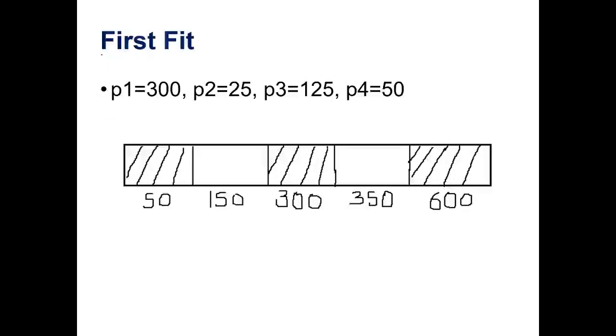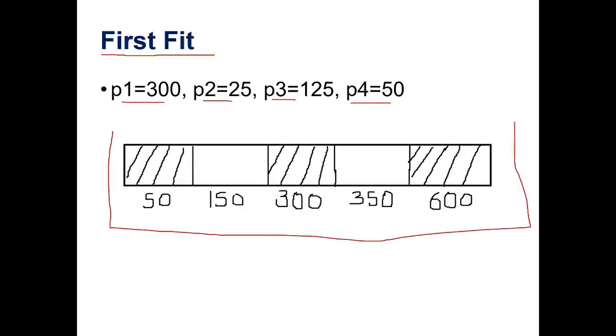In this example, we are going to see how the memory will be allocated in the first fit algorithm. So there are 4 processes. First P1 has come, then P2, P3 and P4. So this is the memory partition, the memory blocks available in the main memory. And this shading indicates that this is a partition which is already reserved, which is already allocated to some other process. So these partitions are already reserved, allocated by other processes.